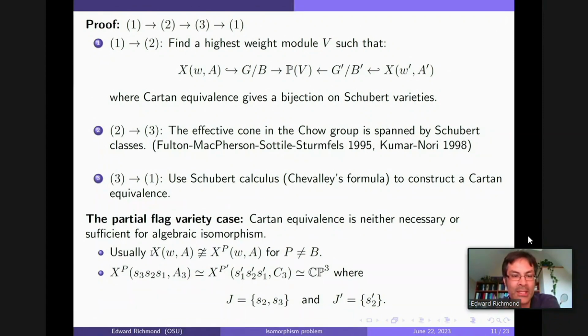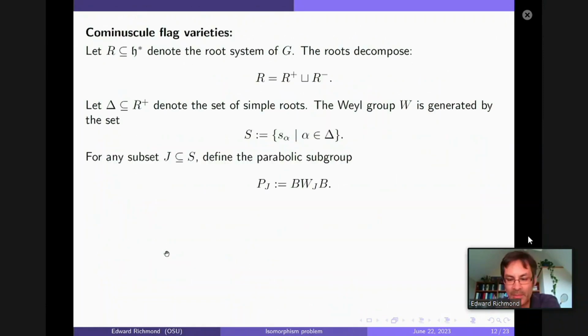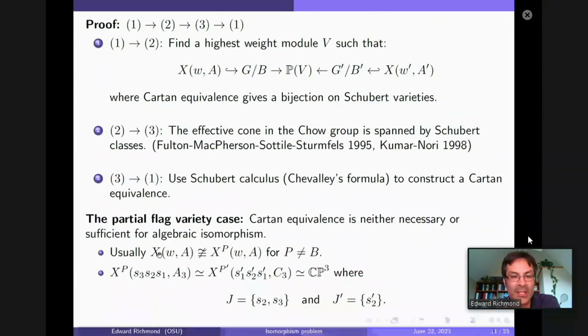So one thing that's quite clear is that W is obviously Cartan equivalent to itself, but if you just put a P up here, then it's almost never the case that these two Schubert varieties are going to be algebraically isomorphic. There are plenty of cases where, in fact, one of these is singular and one of these is smooth. So obviously there has to be some involvement of P if you're going to modify Cartan equivalence. But conversely, you can certainly have